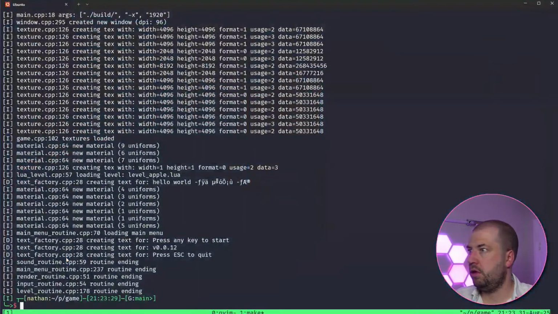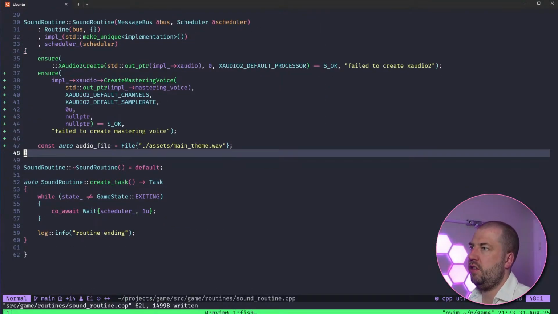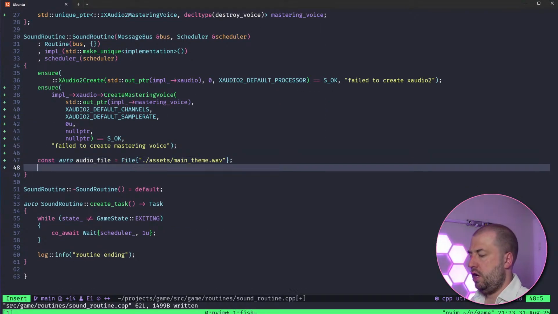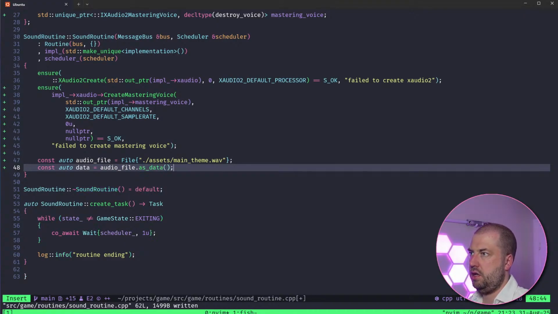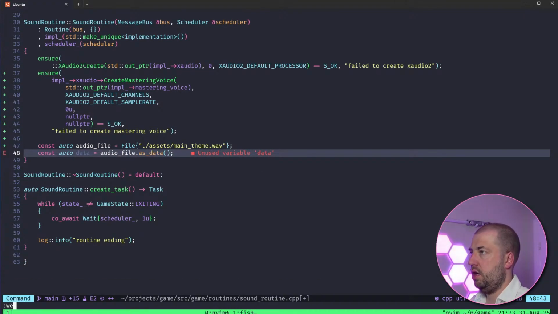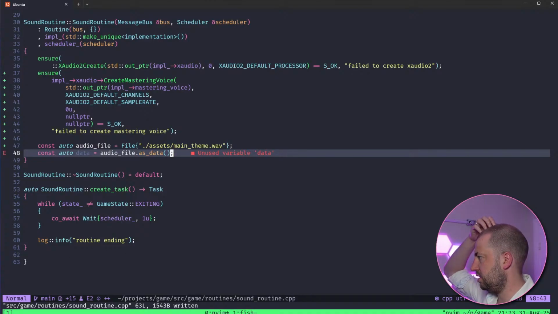I'm just making this up as I go along. Okay, so the file, we can access the file, which is good. So then I think we can do const auto data equals audio file dot as data. So this will give us a span, so a non-owning view over the data. And then I think we just need to start parsing out some of this gubbins.